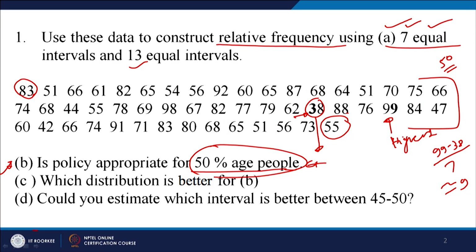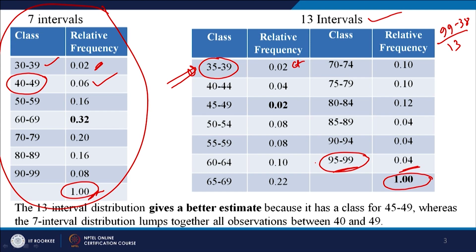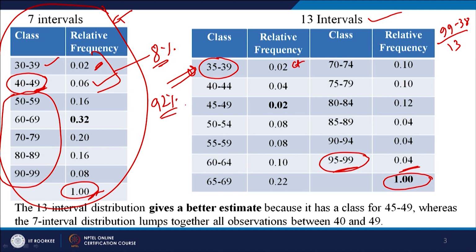So, let us see, do we have that much age? Let us look at the next slide. If you look at this particular relative frequency table, this contributes around 8%, right? So, this 2%, 6%, 8%. Age up to this is 49, and after this all these people have age 50 or more than 50. And how many are these people? Approximately 92% from this interval.